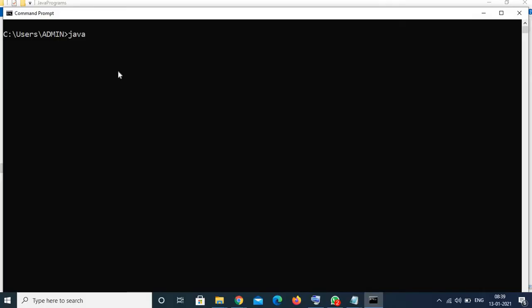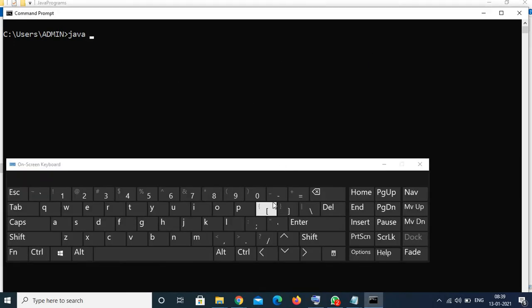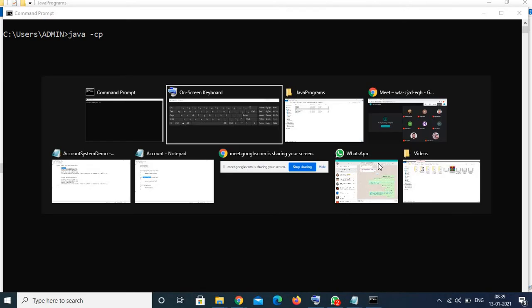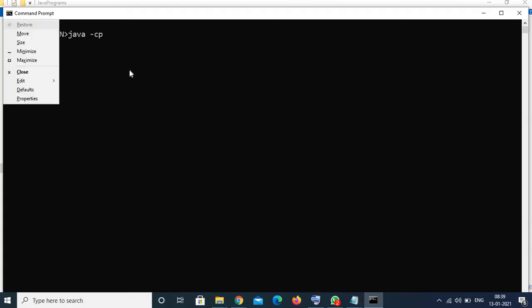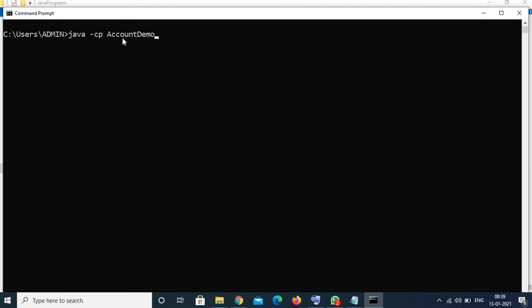To the Java runtime environment, as we discussed in previous sessions, we have to specify where it will get the class we are executing. So -cp again, class path, and name of the class. Here we are saying name of the class, we are not saying path or extension, only the name.